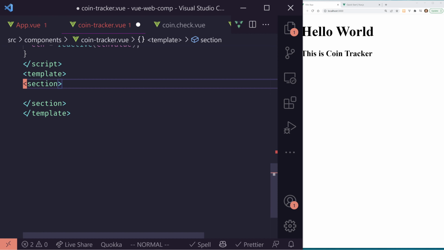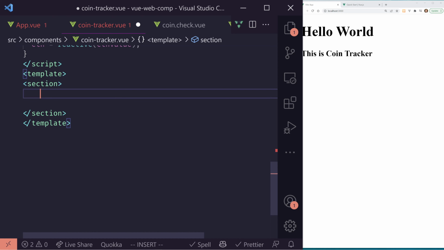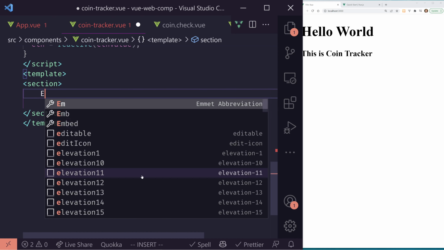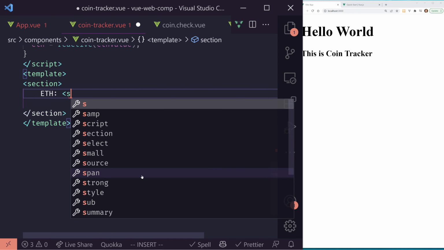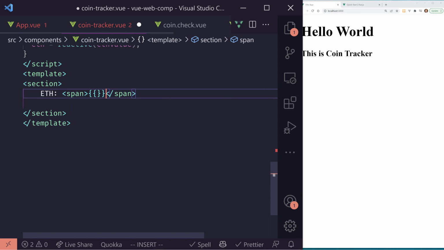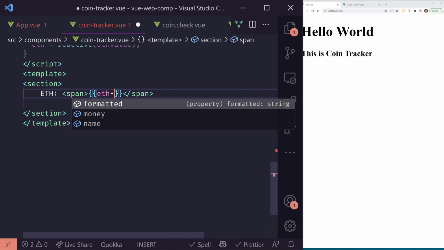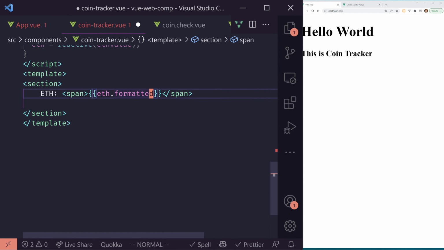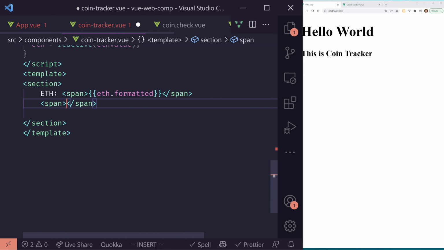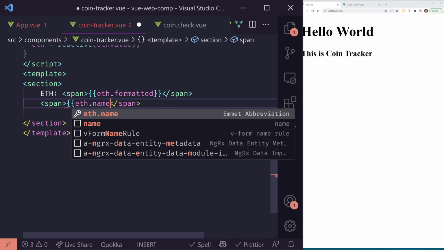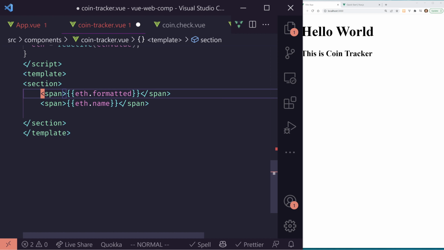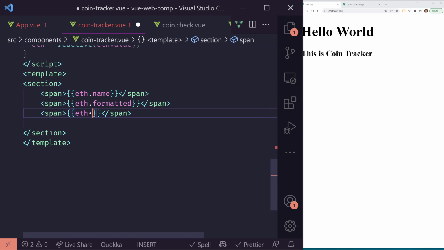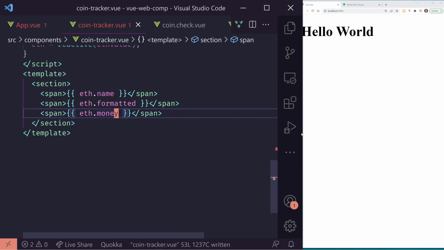But I want to show each of the 3 values here. So I'm just going to hard code this in and see if this works. ETH, I'm going to put a span, and I'm going to do ETH dot formatted, and then I'll do another span, ETH dot name, and actually we don't even need this. And I guess the third one should be money. So if I did that right, and